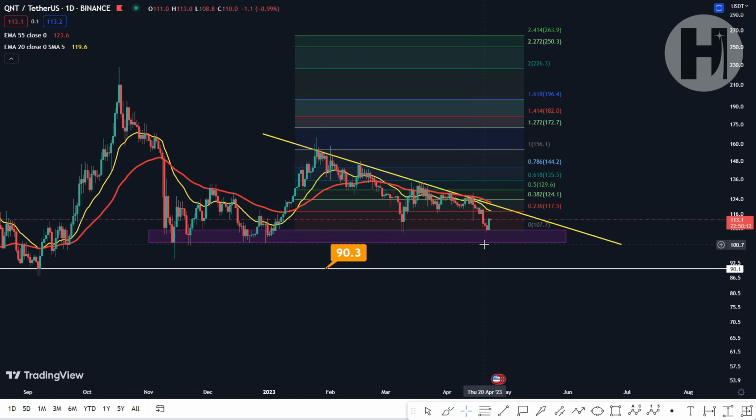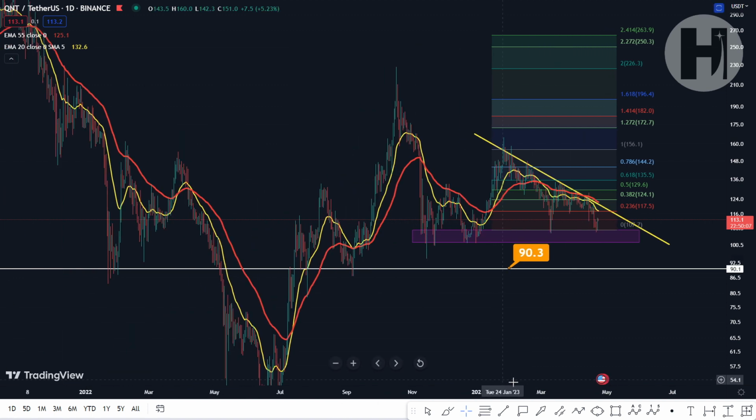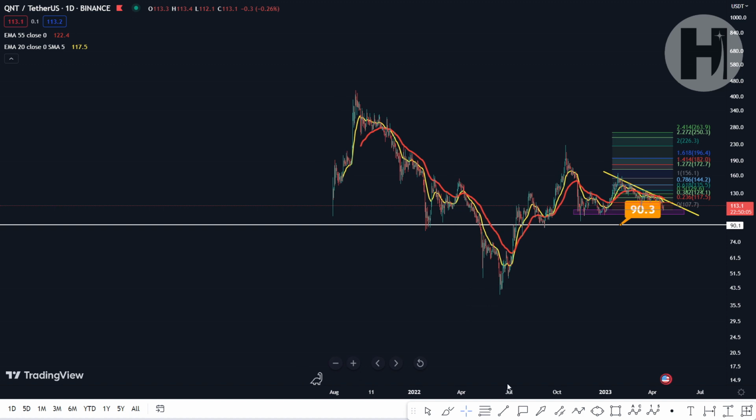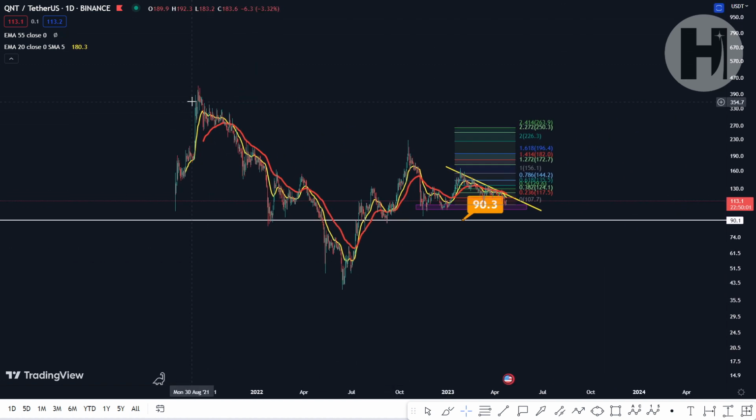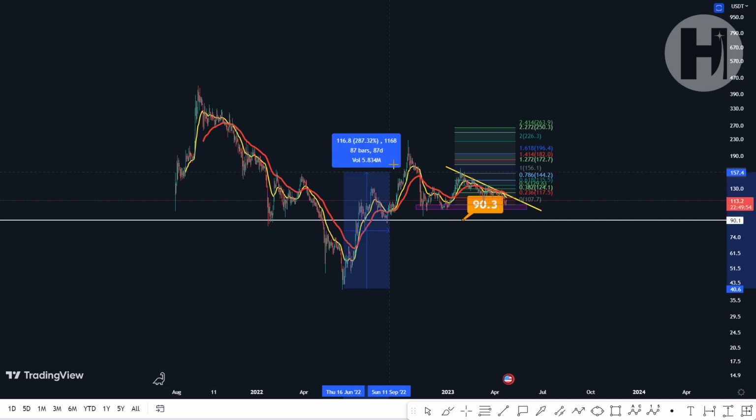So the support between $107 to $101 is going to be a massive, massive level. But if we zoom out, you can see that since the listing on Binance in 2021, we've had a pullback, obviously, into the bear market low here in June of 2022. Since then, we've actually appreciated